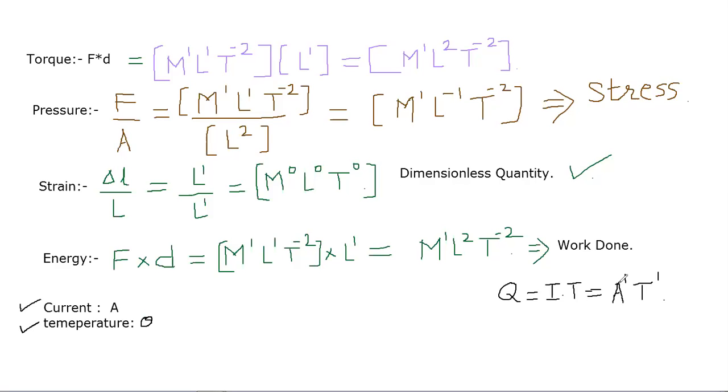That is, what are the other dimensions also? For current, you are having the ampere. For temperature, you are having the theta. Okay, so these are the things. Now after that, you can have various other quantities also, such as, while seeing the example for temperature, we can